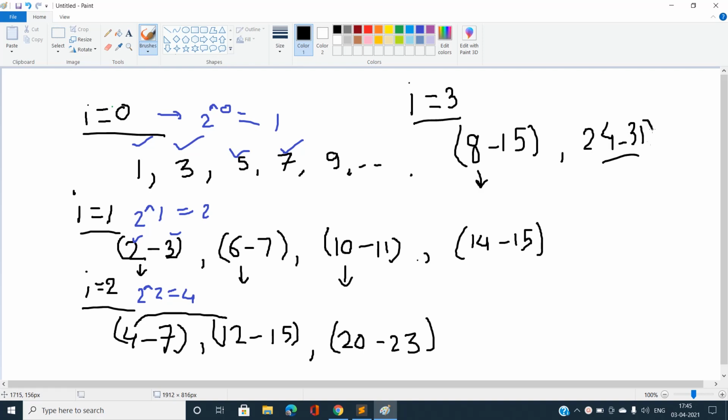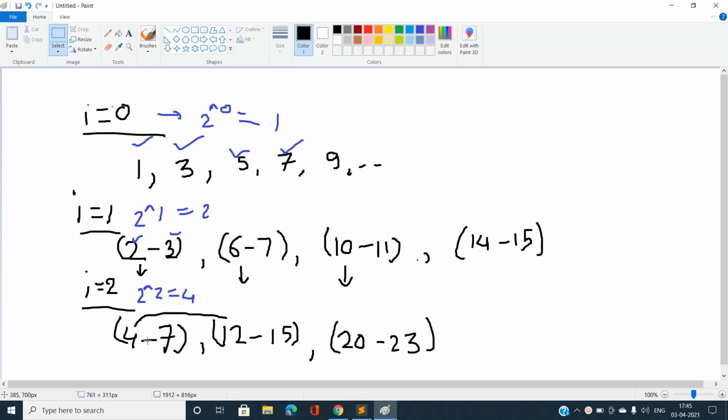Okay, so how are we going to calculate the number of numbers whose ith bit is set to 1? You can easily see the ith bit set to 1 would be 4 to 7, as all have the second bit set to 1, and 12 to 15. How are we going to calculate that efficiently? Okay, so let me write one general relation. You can see the jump is going to be from 4 to 12, that is, for i equal to 2, the jump is 2 power i plus 1.